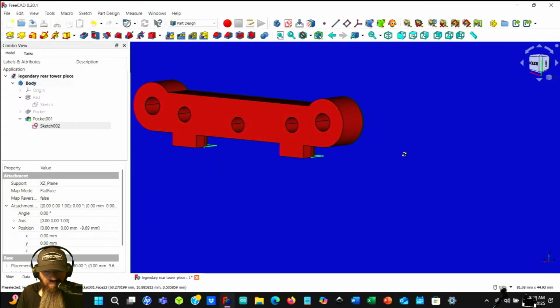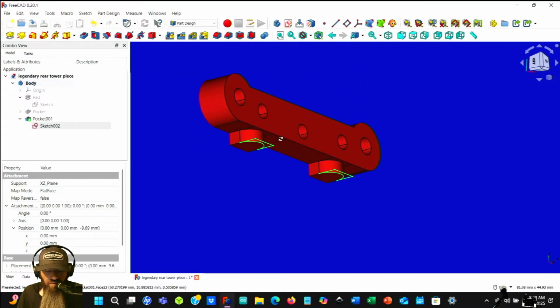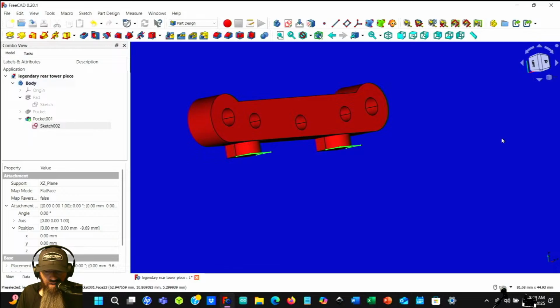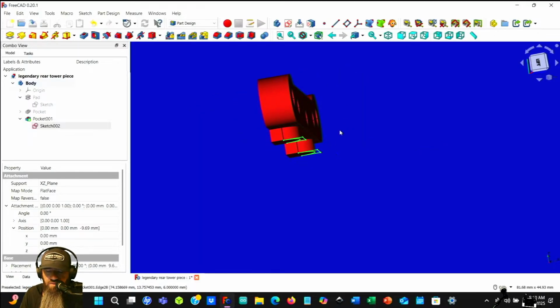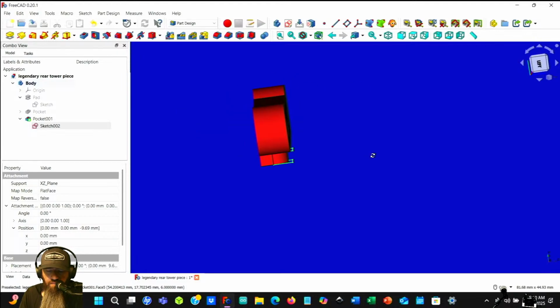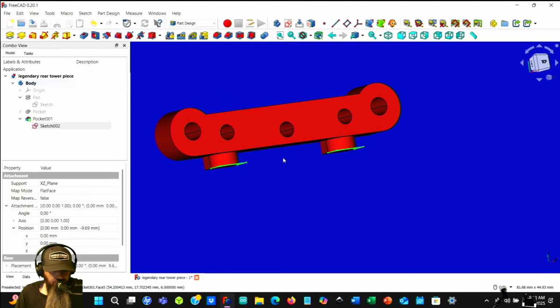Okay, now there's one more dimension on this thing that we need to do. Shooting out of here is another plate that kind of goes underneath the differential, and there's screws that go up this way. So we need to make that now.